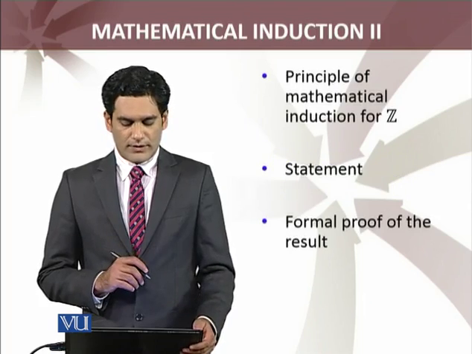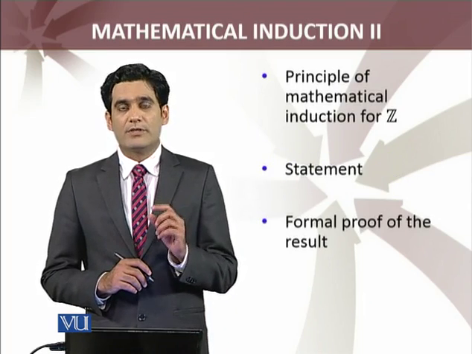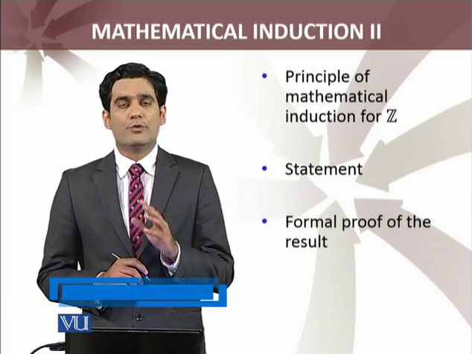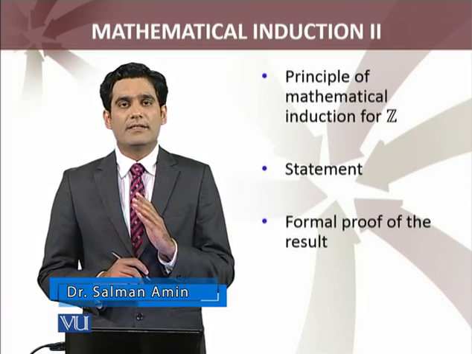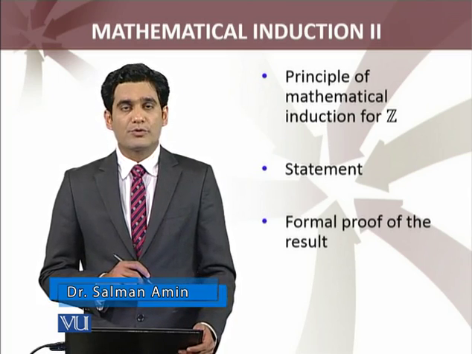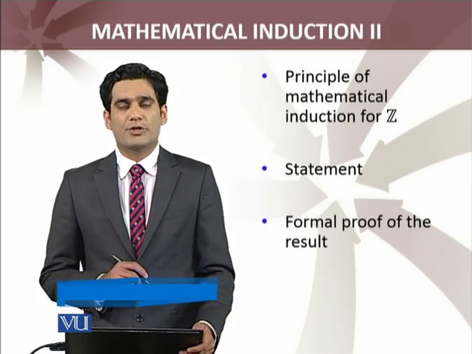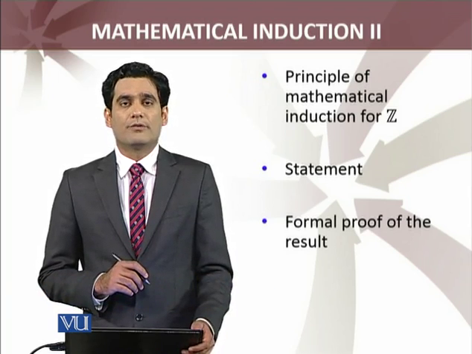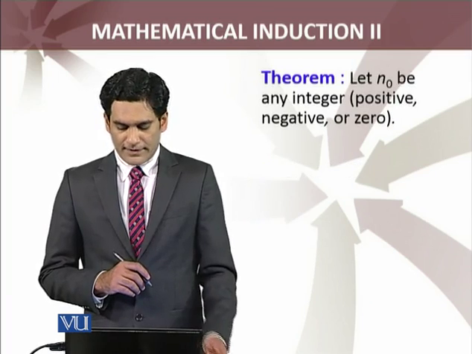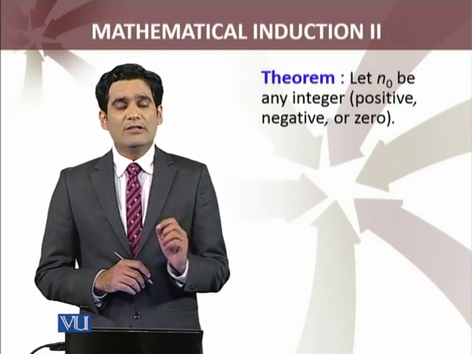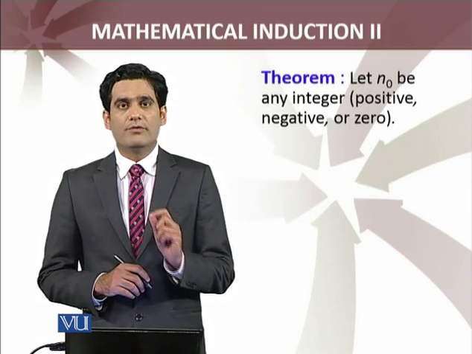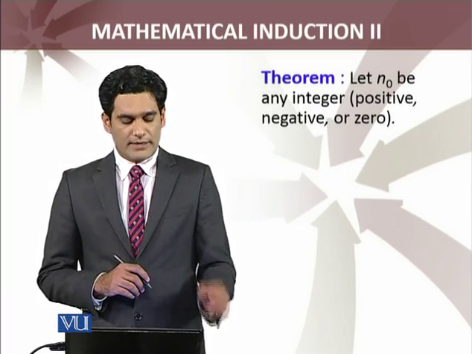So first of all, we are going to define the principle of mathematical induction for the set of integers, which includes 0 as well as the negatives of the natural numbers. I am going to state the principle of mathematical induction 2, and of course the formal proof of that principle. So the statement is: let n naught be any integer, 0, positive or negative. Then